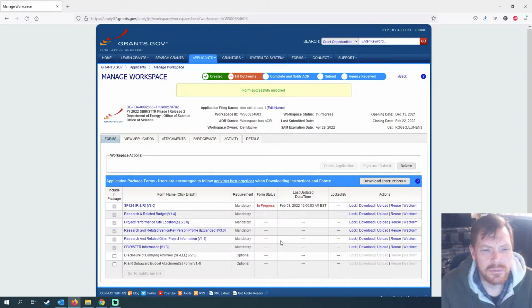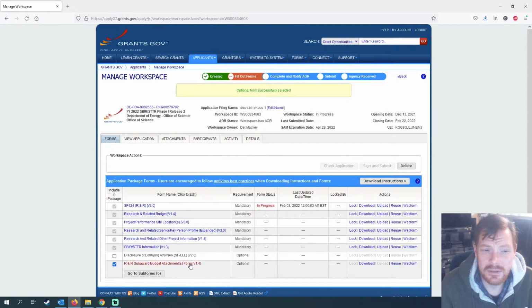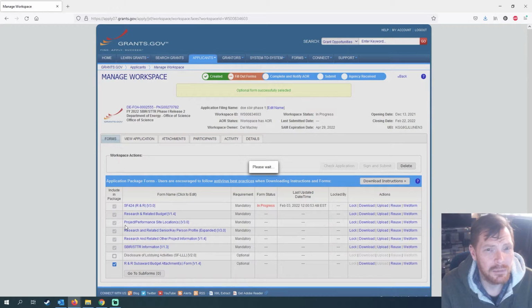Now, each of these forms has its own thing. The big thing I want to cover really fast, though, is the optional forms. If you are working with anybody like a research institution, you're going to have a subaward. You have your subaward documentation from the RI, their budget, their budget justification, and you see this little thing here for your budget attachment forms. You go, okay, great, so you click on that to add the optional form, and now it turns blue. Now you click on the blue hyperlink, because that's how you've accessed everything else, and you're going to get,